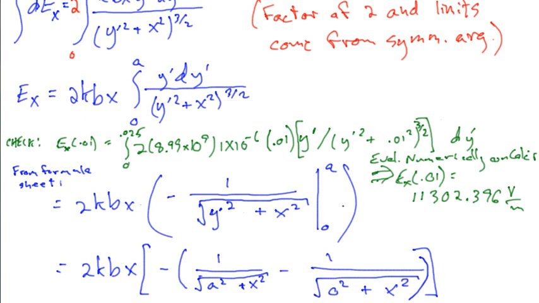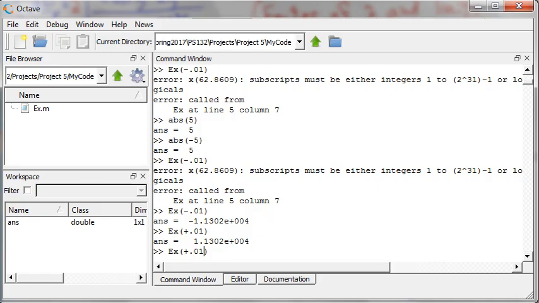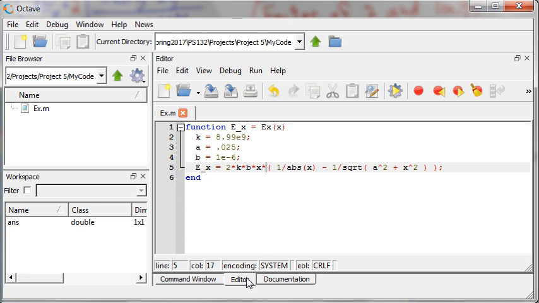Okay, so as far as that being a check, I've checked that if this integral is correct, this expression for ex, if I didn't make any mistakes up until that point, then when I integrate it numerically on the calculator for the special position x is equal to 0.01, chosen arbitrarily, I get the same result as I got doing it analytically and then plugging the result into the computer. So it doesn't check everything, but it gives me a lot of confidence that this expression that I found for